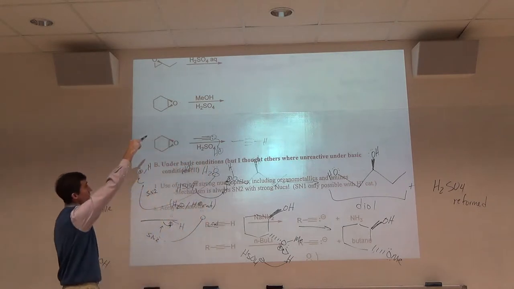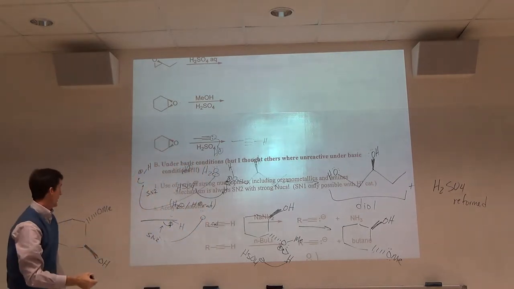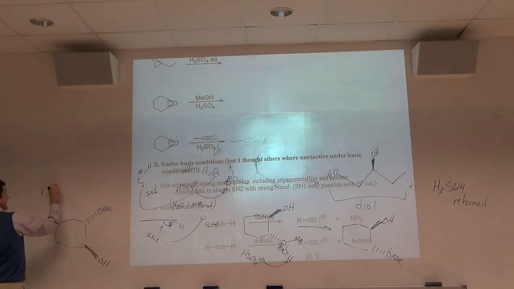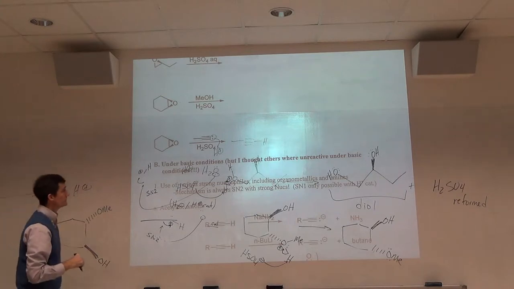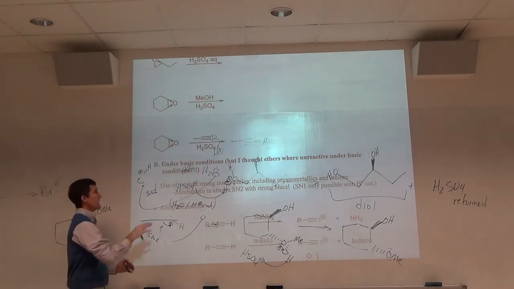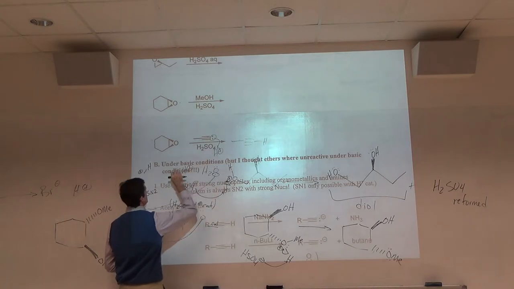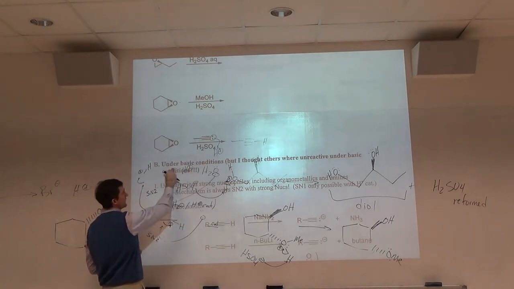You can have methanol in acid. You can have water in acid. You can have Br minus in acid because HBr goes to that. I mean, that's how HBr exists. You cannot have a carbanion in the presence of acid. That would have to be under basic conditions. Takes us here. Under basic conditions,